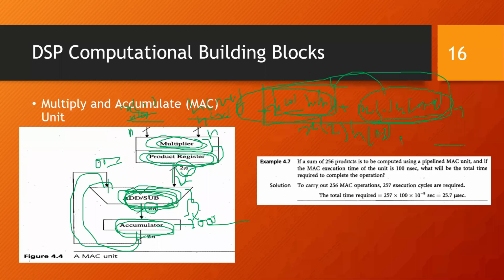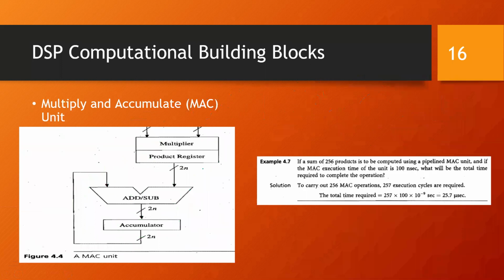So here you can see that it is like pipelined data which is available. Only for the first operation, the accumulator will be 0. Once the result is made available, 0 plus these 2n bits of the first result, that result keeps on adding. So the adder and multiplier will be performing their operations in sync. Accumulator keeps on storing the intermediate results, and once all the numbers are added, you'll be getting the final result in the accumulator.